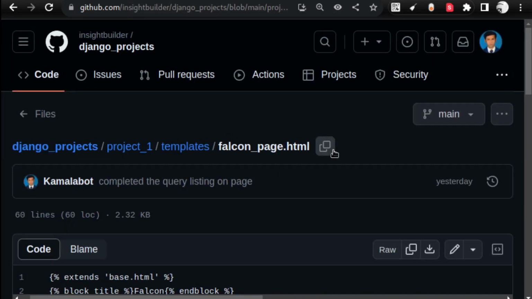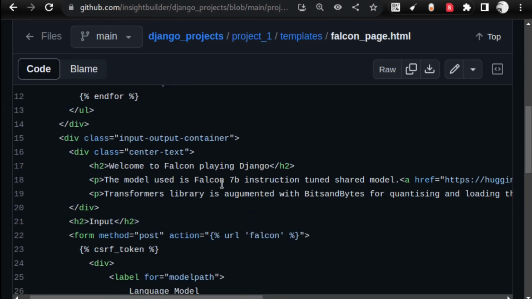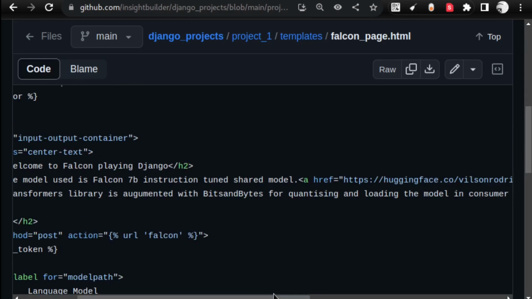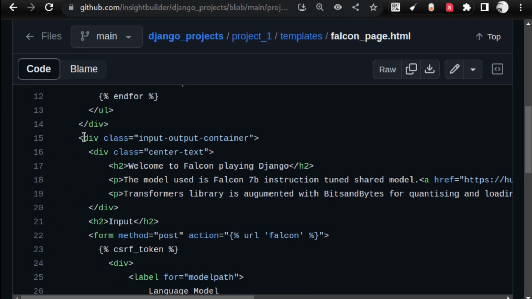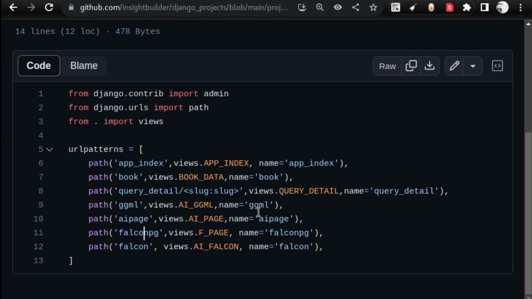This is the falcon_page.html. This is the HTML page which renders this form. I want you guys to concentrate especially on this form building process. In the form, we use the method post and the action is URL Falcon. So this is the name of the URL that we are using here. You see the name here, this name will trigger this path and this path will trigger this function. So this is how the